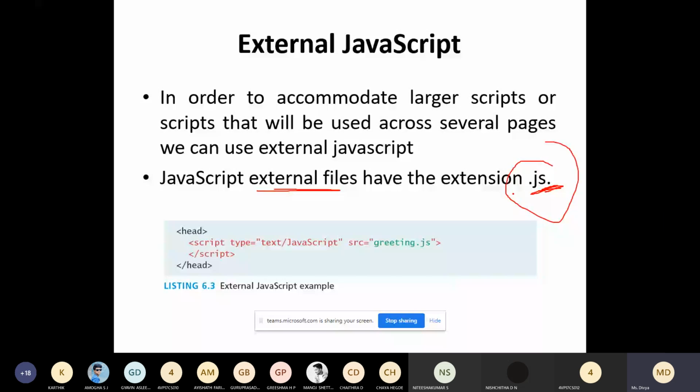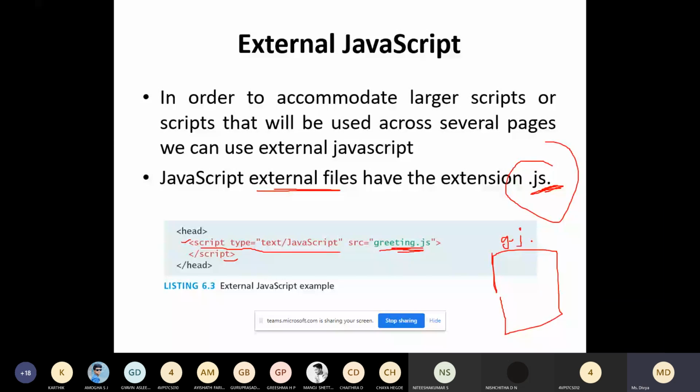Here you can see this is an external JavaScript. We have the script tag, type equal to text/javascript, and src equal to greeting.js. This separate file you have to create. You have to create a separate file for the JavaScript code, and this name you have to give: greeting.js.